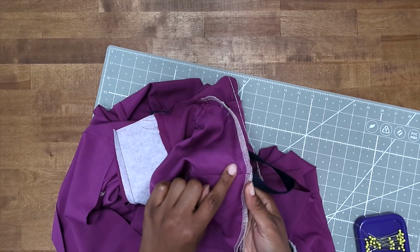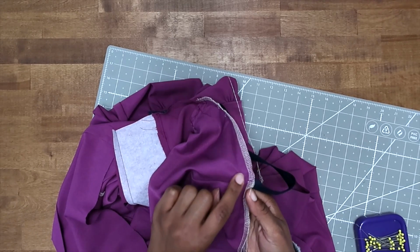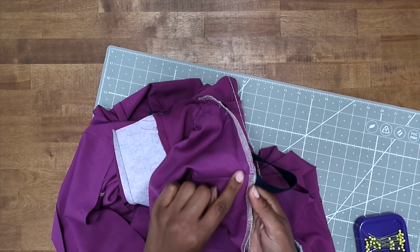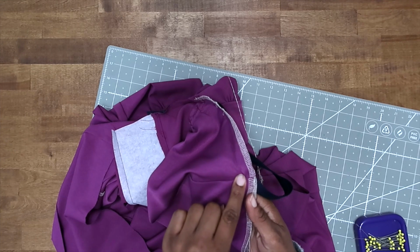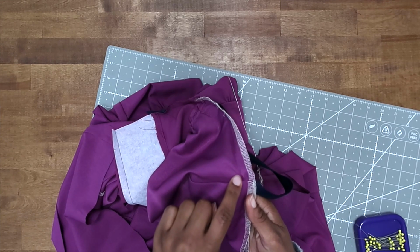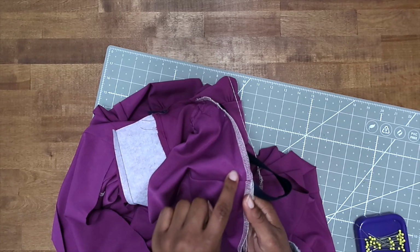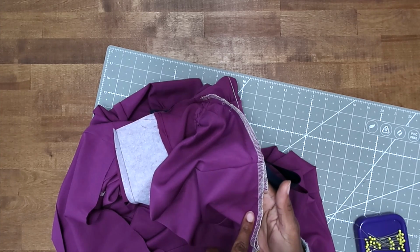We're going to begin stitching to the left of our stitch. So we're going to start about 1/4 of an inch up past where we stopped. So I stopped here. I'm going to come to the left by like 1/8 of an inch, and I'm going to go up about 1/4 of an inch and just start stitching there,